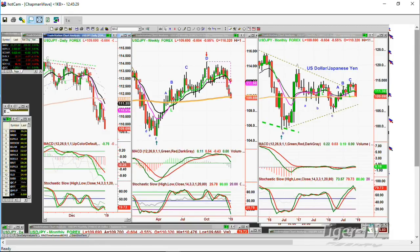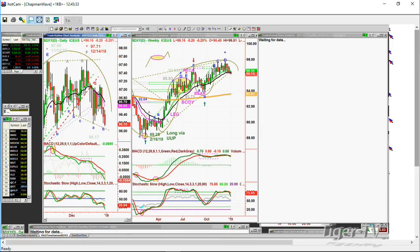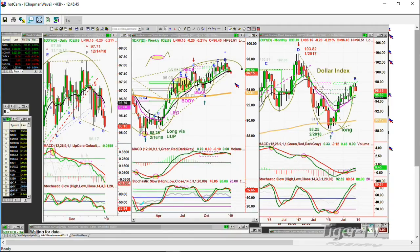Now we're going to go to the dollar. So we're looking at the dollar, and I've got a trend line at about 96. It's at 96.16. It's fascinating that the dollar's been making this arch formation, very slow but very determined arch in the daily, very, very slow in the weekly chart. And all I can say is that if there is a close below 95.80 in the next couple of sessions, there's a real good chance that gold will hold steady and start to improve a lot more as